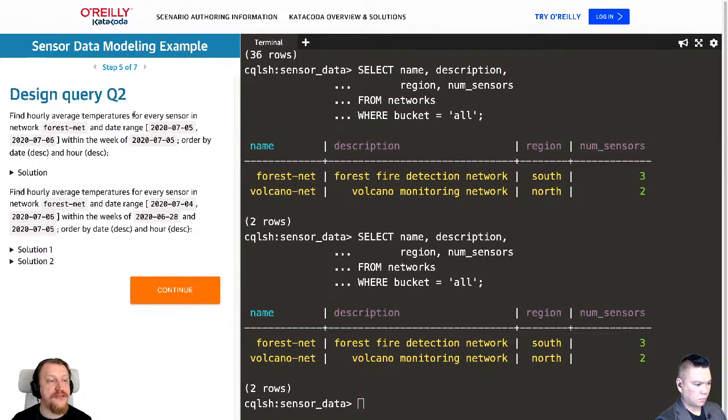Q2 query is to find hourly averages for every sensor in network. That's the heat map we are going to visualize and show to a customer. So first query we have to design. Find hourly average temperatures for every sensor in network ForestNet and date range to days specified within single week, order by date and hour.